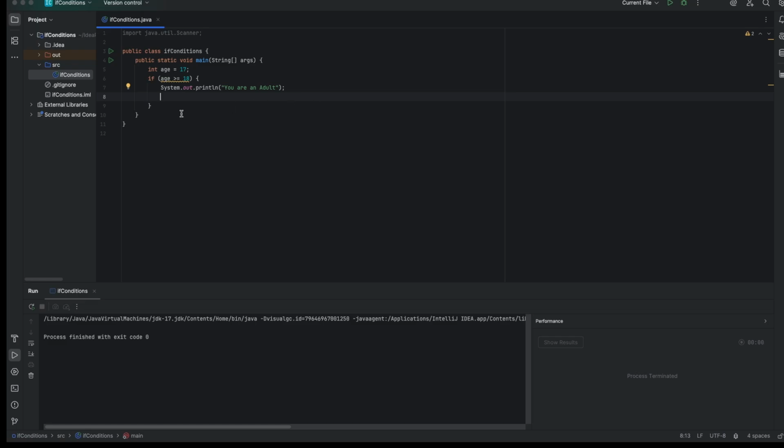So in this case, for example, if the age is greater than or equals to 18, system.out.print is going to show that message like you are an adult. Okay, but what about if it's less than, or yeah, just less than 18? So I need another condition for this case in this situation, and that's the thing that I'm gonna work on. Okay, so if I want to print something else, I'm gonna use the else condition. Okay, so else